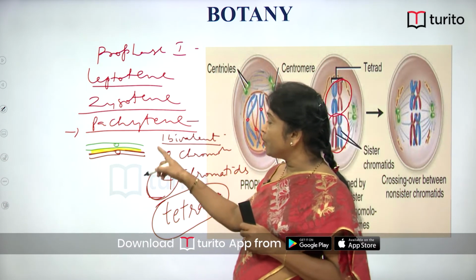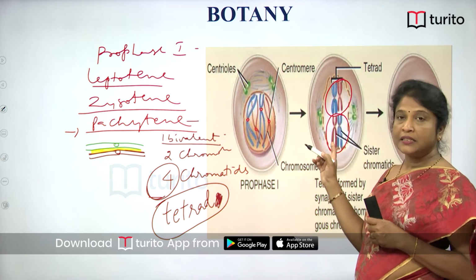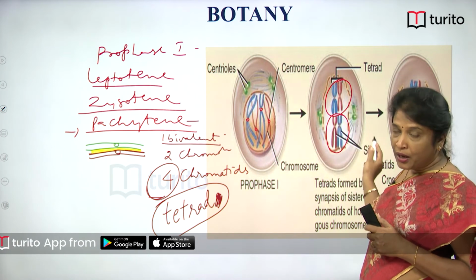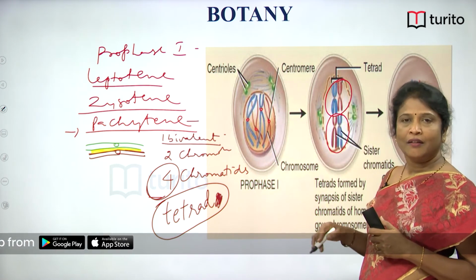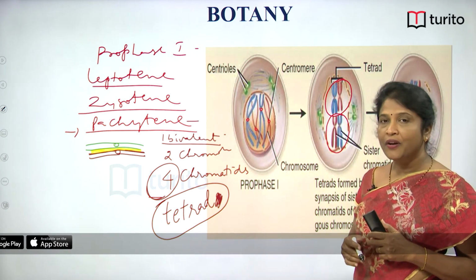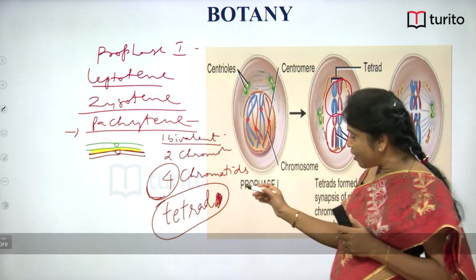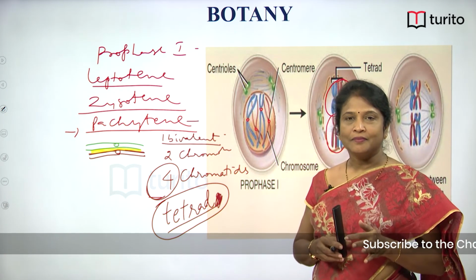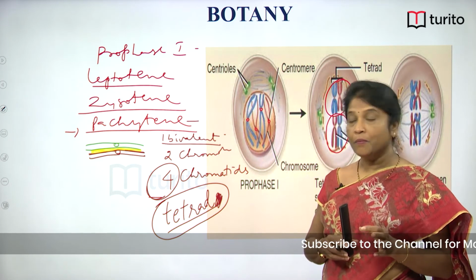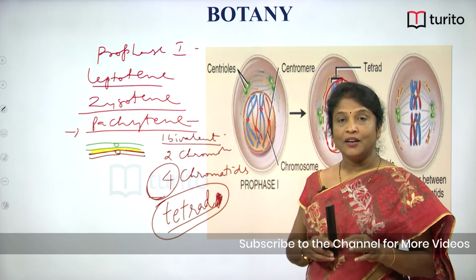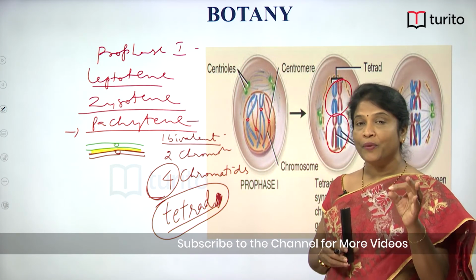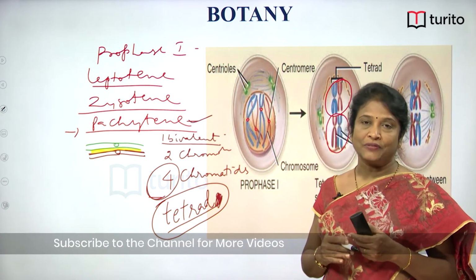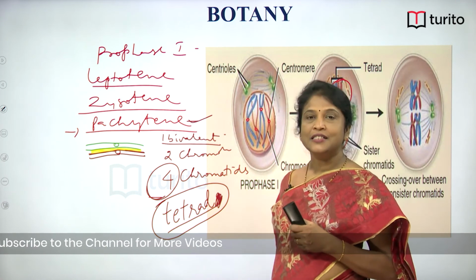So, how many tetrads will be there if, as we consider this example, the meiocyte has 4 chromosomes and 2 bivalents, and during pachytene how many tetrads will be there? 2 tetrads, equal to the number of bivalents, because each bivalent is now just referred to as a tetrad. So, a tetrad is nothing but a bivalent. One bivalent, one tetrad. But why is it now newly called a tetrad? Due to the clear visibility of the 4 chromatids in a bivalent during the pachytene stage, due to more condensation of the chromosomes, so they are referred to as tetrads.